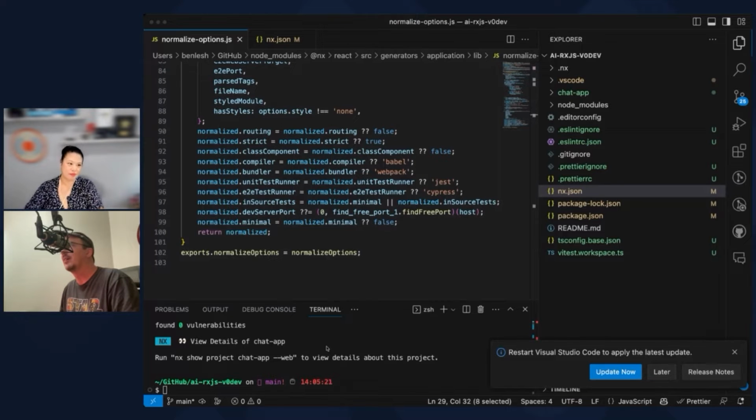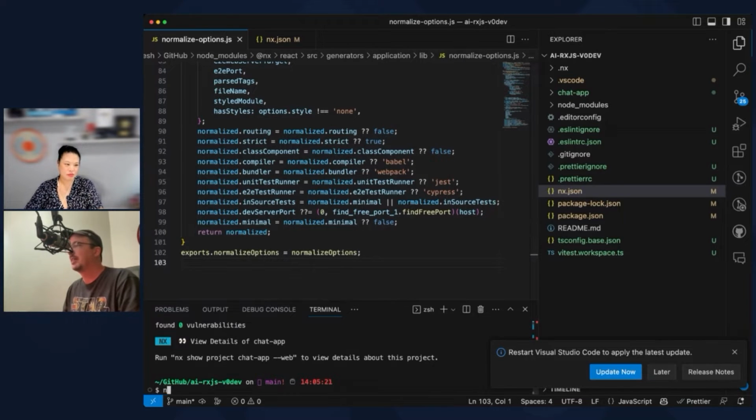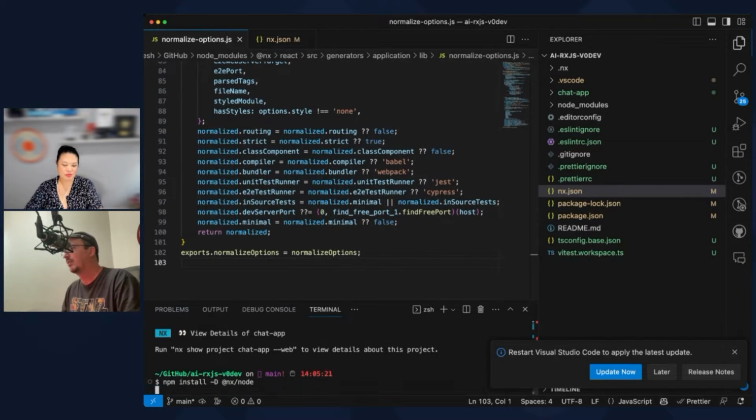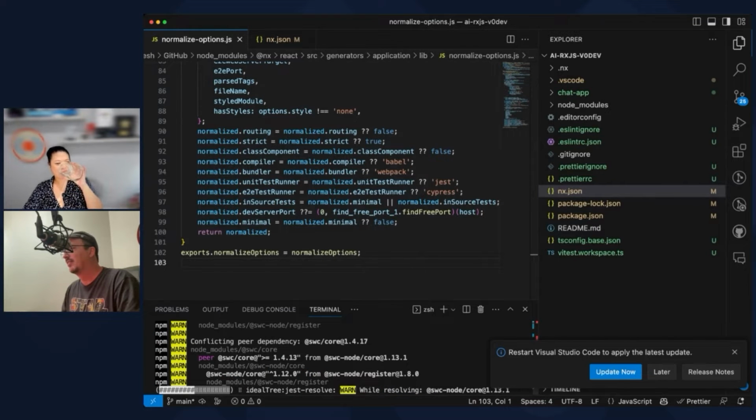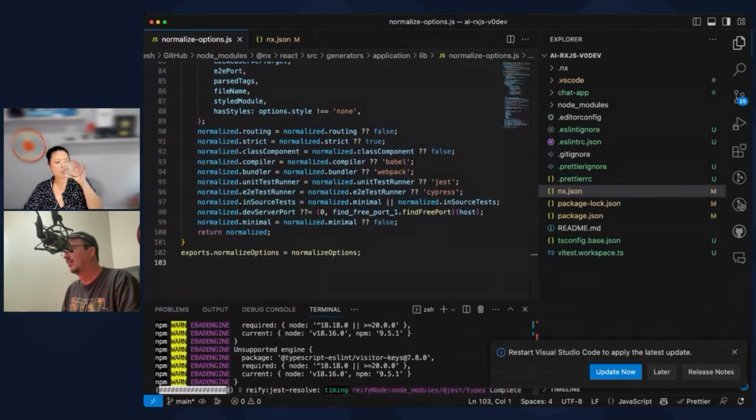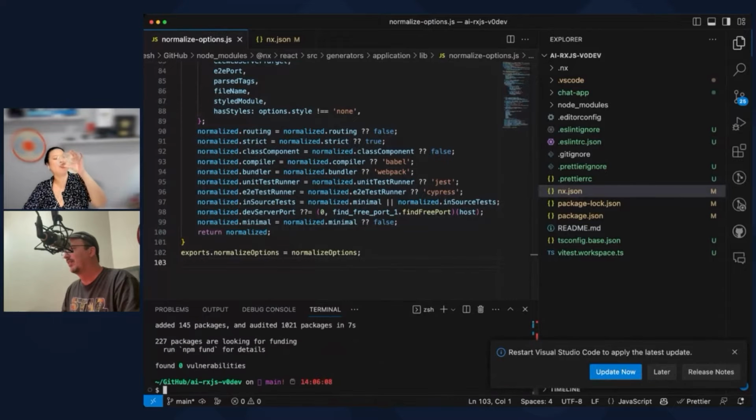I'm going to take a stab in the dark: npm install the nx node, and then I'm going to do npx nx g @nx/node.